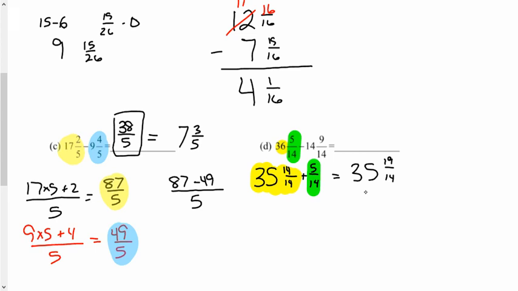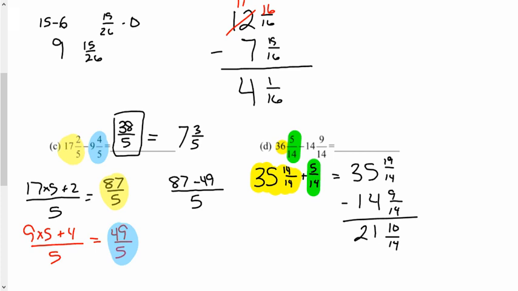And then for the other one, I'm not going to borrow anything. I don't need to. Like I'm subtracting them. So this just becomes 35 minus 14 is 21. And 19/14 minus 9/14 becomes